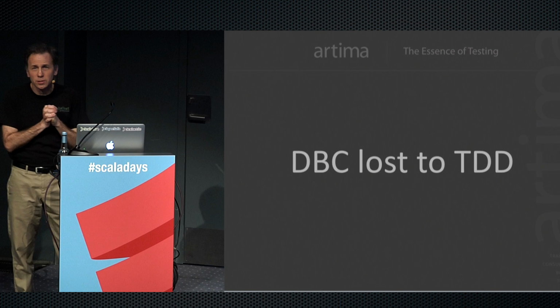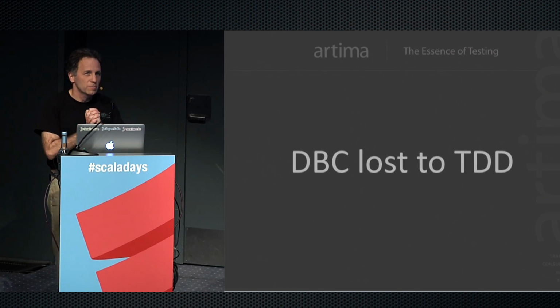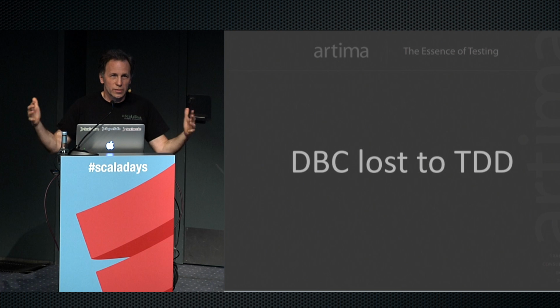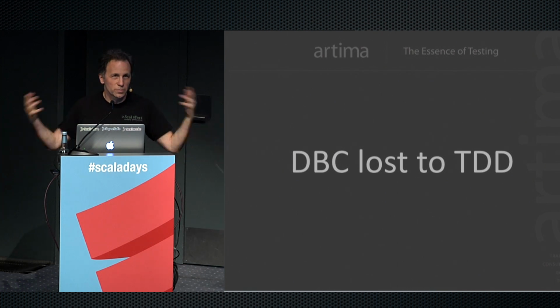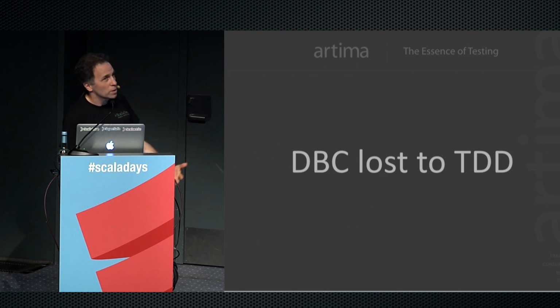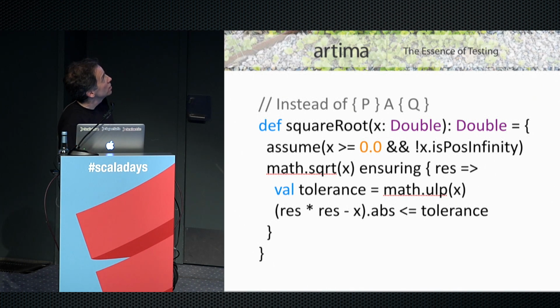What I think happened is that design by contract lost to test-driven development. Java really had this huge uptake, and it didn't have design by contract in it. And Kent Beck and Erich Gamma made JUnit and went around to conferences and really promoted it and promoted the idea of test-driven development. They made books, and so that's actually kind of what won in the marketplace of ideas. So instead of this, and now this is going back to Bertrand Meyer's take on Tony Hoare's idea of PAQ. And what Bertrand Meyer did differently was he said, well, let's not try to prove anything, let's just test it. But he still was going after that,